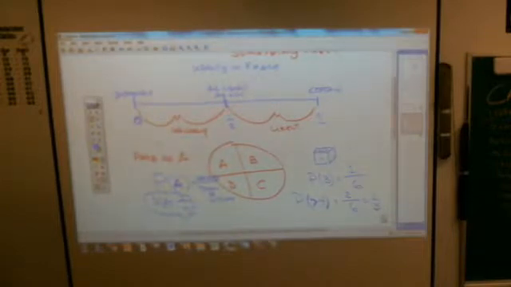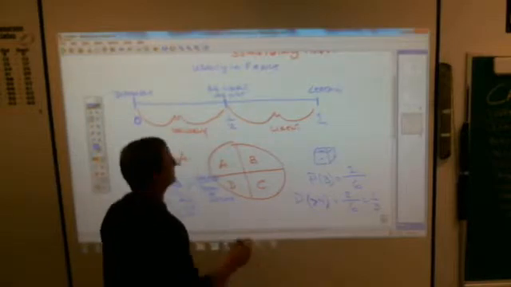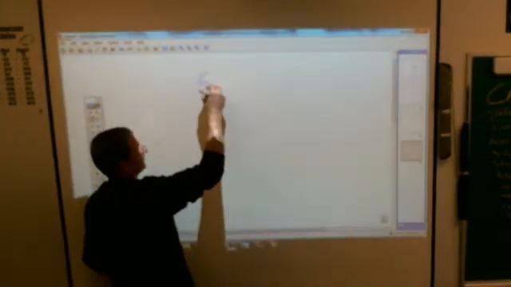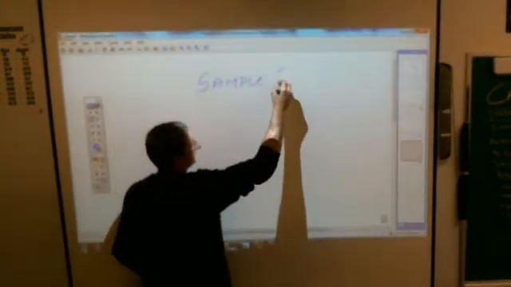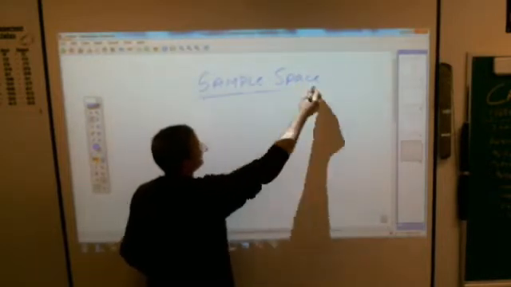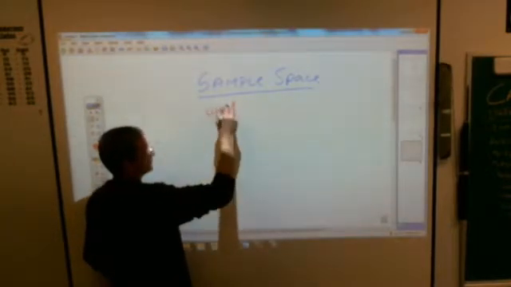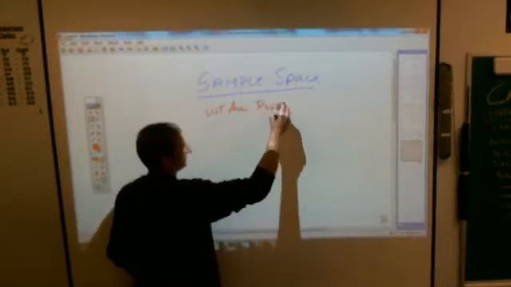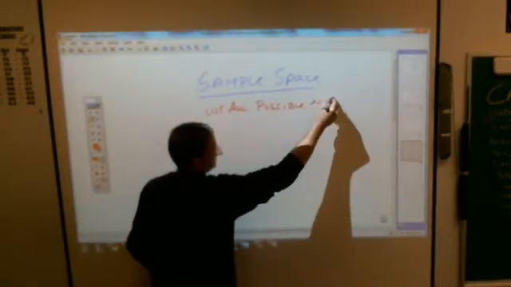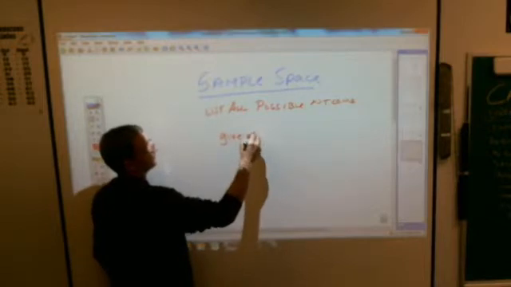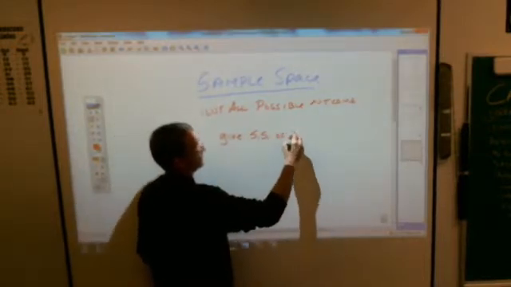Oh wait, did we talk about sample space? Do I see something where sample space is? Oh yes, under this sort, well, I guess a blank piece of paper. You have to do that, just because you won't know to look under probability. Sample space just simply means where you list all possible outcomes. Sometimes it's easy, sometimes it's not. If I said to give the sample space of rolling a die,